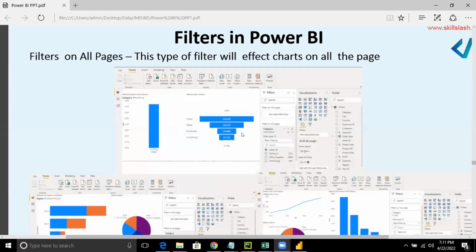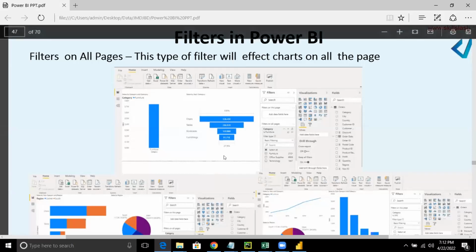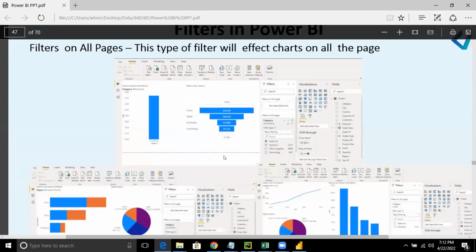Not a problem. The next thing that we are going to look into is the concept of filters. Okay, that is what we are going to work on. There are a lot of filters that are available. I'll share my screen, everyone. And I hope you can see my screen. There are a lot of filters in Power BI. You can have filters on all the pages and all the graphs that you create, be it a bar chart, a pie chart, or any kind of funnel chart.